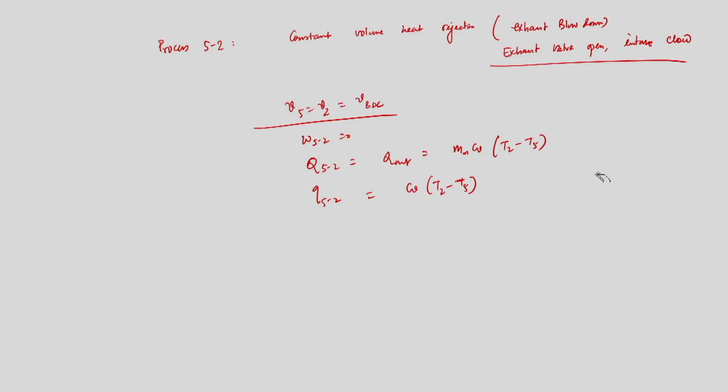So, that will be equal to U2 minus U5. Now process 2 to 1, that is constant pressure exhaust, right. So, exhaust valve open, intake valve close,